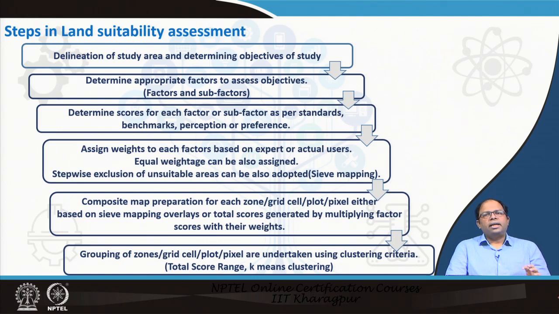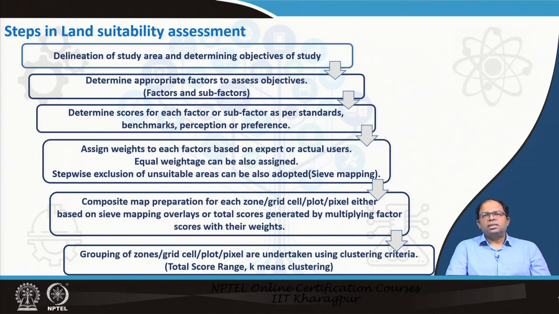score. If that area has a slope which is moderate, then I would give it a little bit higher score, and if the area is flat, then I will give it a very high score. That means it is suitable for doing some kind of construction activities maybe. So that means we need to determine the scores for each of these factors and sub factors, and it has to be related. And when we give scores, we can always assess using various criteria.